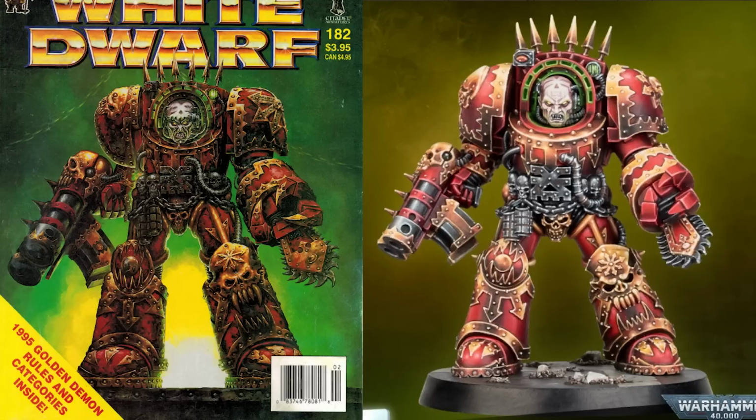This is kind of what I'd like to see more of, like that old artwork being brought to life in model form. I don't have anything to complain about with this model. Firstly, Terminator's a badass. Love me a Terminator, so that's always going to be a positive. And making it this true to that art without it looking...